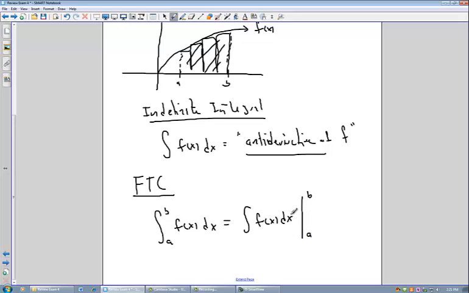So find first the indefinite integral, which is the antiderivative. And once you find the antiderivative, so suppose you found this to be equal to then F of x from a to b. And then this says you plug in b to the upper limit of the antiderivative, and then take off when you plug in a into the antiderivative,